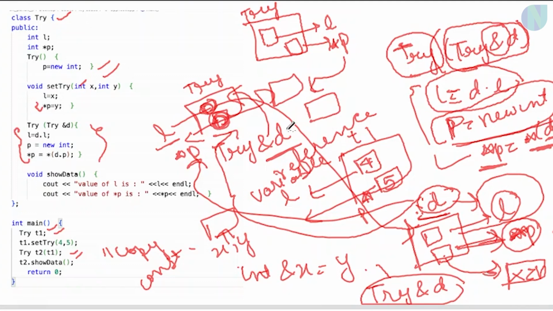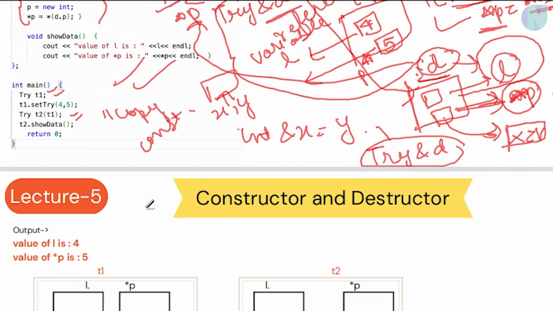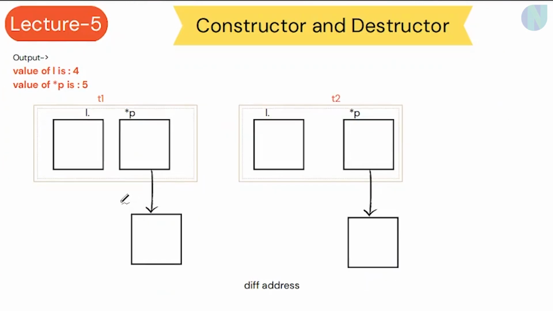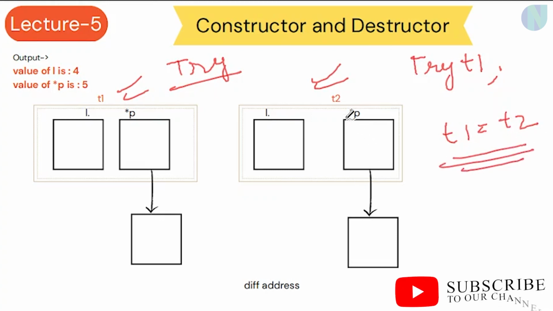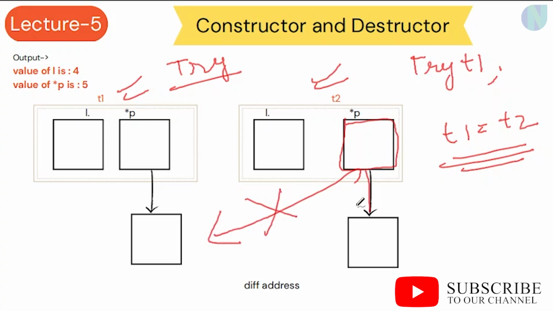So when they were both the same, pointing to the same memory address, that particular problem is resolved using this deep copy constructor. As you can see in this particular picture as well, here T1 and T2 both were from class try. So it was try T1 and then T1 is equal to T2. Whenever T1 is equal to T2 happens, star p won't be pointing to the same memory address, rather it would be pointing to a different address, as we have already